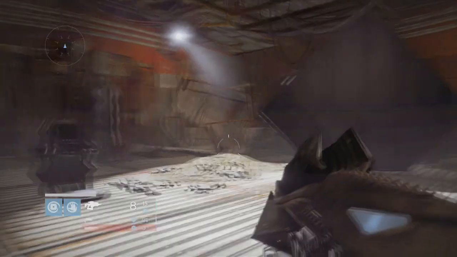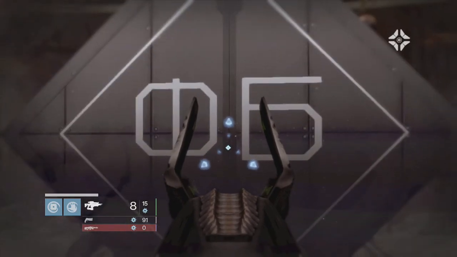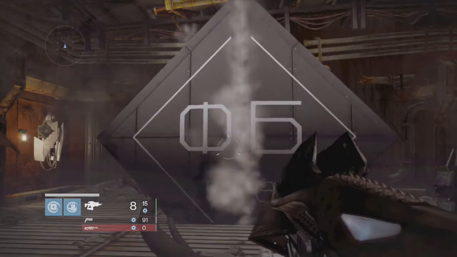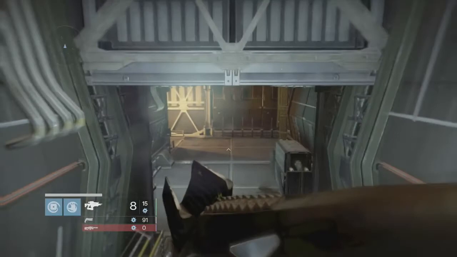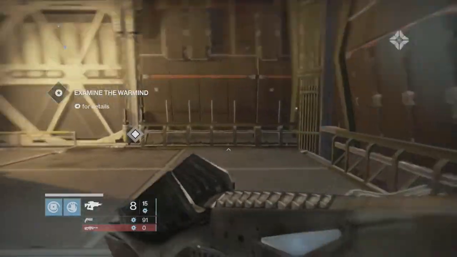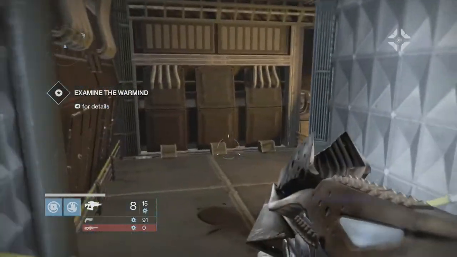This is a legendary fusion rifle that you can get from the Dark Below DLC. Eris gives it to you after beating the first three missions, the only three missions of the Dark Below, just content that they have available for us at the moment. So it is not very hard to get this weapon, but I still want to talk about it